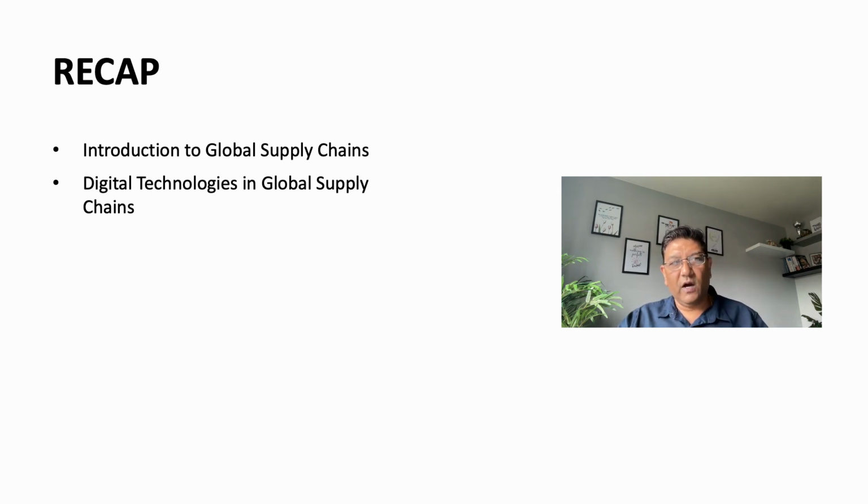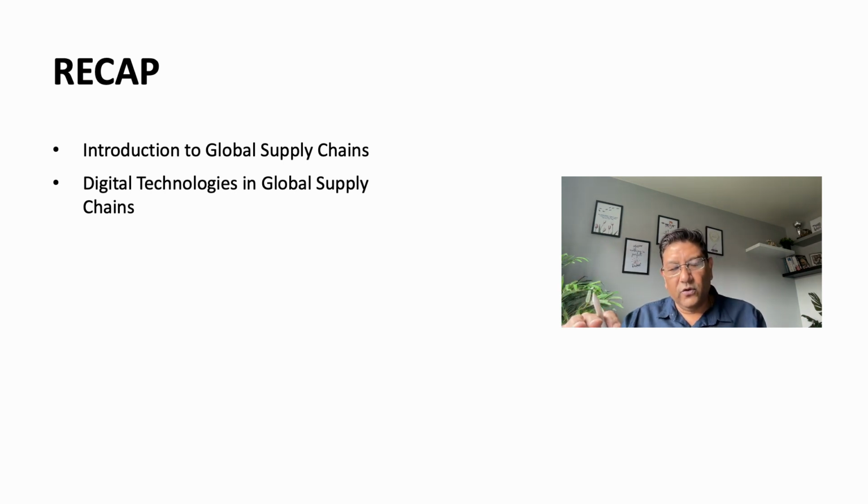And we have also talked about the introduction to the global supply chain and the digital technologies in global supply chain. When we look at a supply chain, we always look at the customer side, we always look at the supplier side as well. So in between them, we got logistics, we got operations, we got procurement and marketing. In this session, we will be looking into the marketing side, how marketing works or how our supply chain decisions are formed because of marketing or marketing techniques.